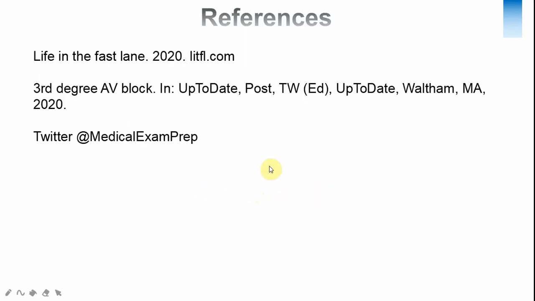Now there is a lot of information that you can get about it in UpToDate. In Life in the Fast Lane, they have got a few ECGs. This particular ECG I have taken from Twitter by Medical Exam Prep. They've got a lot of interesting Twitter input, and I have got quite a few interesting ECG and other materials